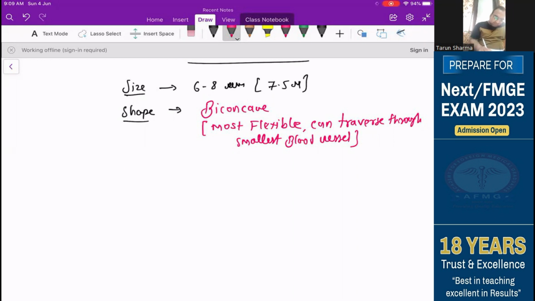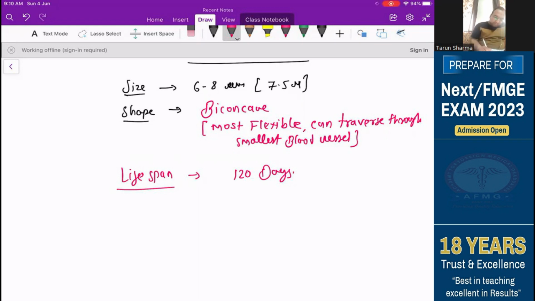Then comes the lifespan. The lifespan of RBC is around 180 days. Sorry, it's not 180, 120. Pardon me, 120 days. Okay, so 120 days will be the lifespan of any RBC. So RBC will be there in our blood till 120 days, and after 120 days it will get destroyed within the spleen itself. Okay,